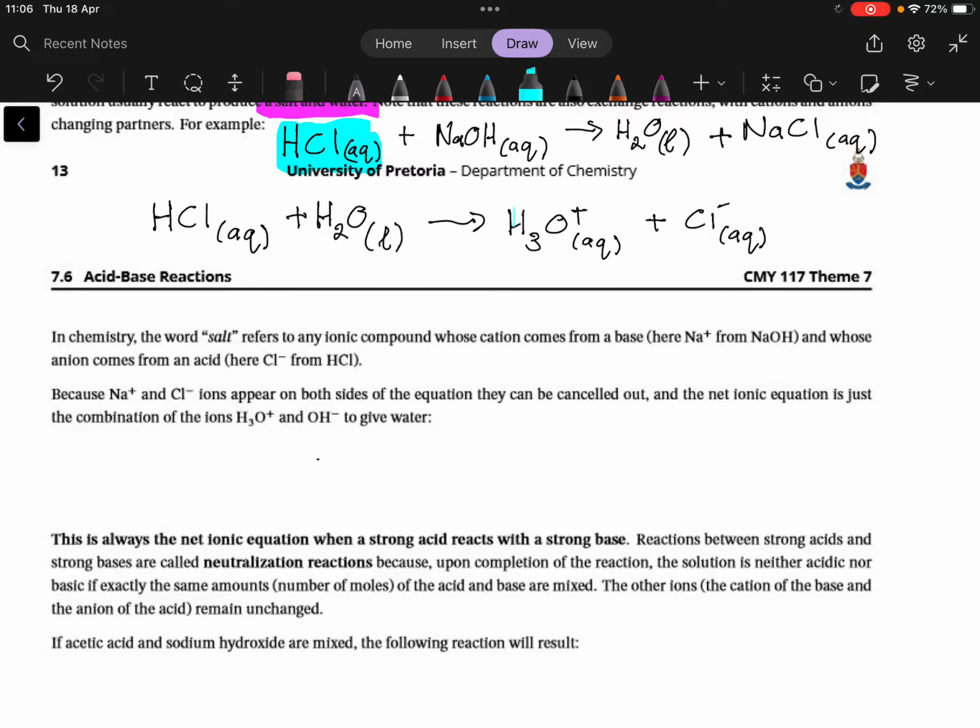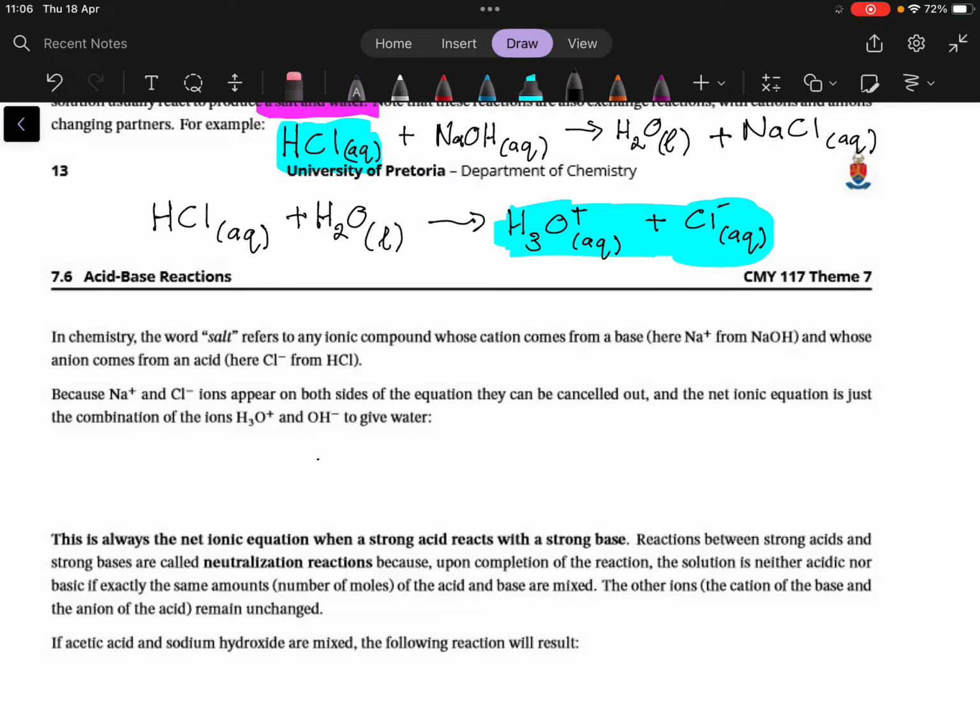You can see it as a combination, given that it's in aqueous conditions, a combination of the anion with hydronium. So how does that change our perspective of this reaction that we just looked at? So if we write, instead of HCl, H3O+ and Cl-, and we split everything up into their ions,